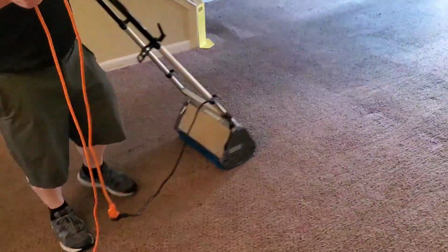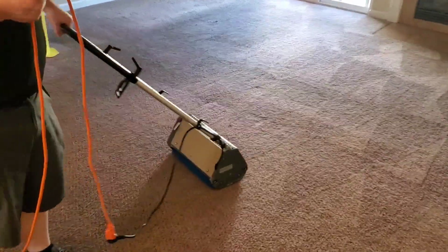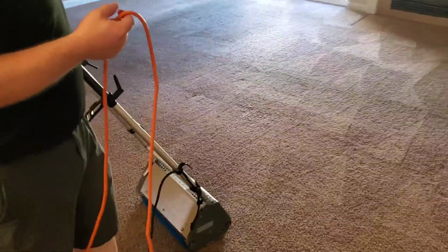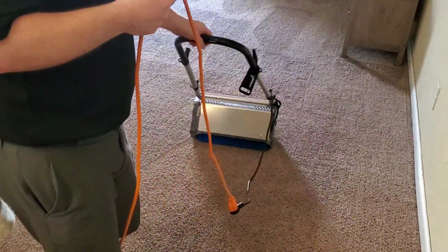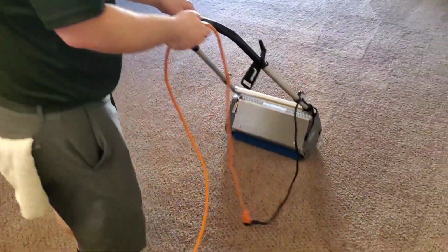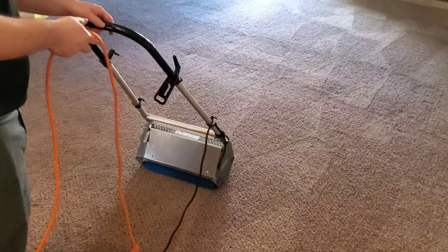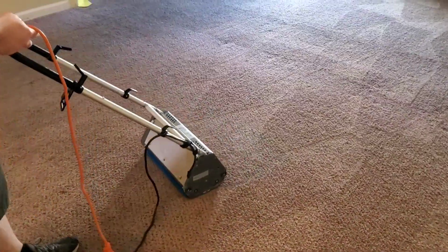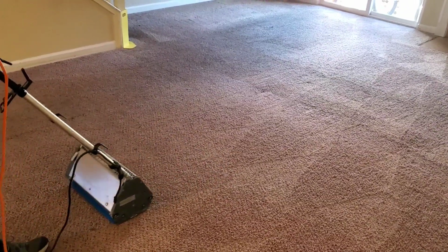Because if I was just to come in with the regular pre-spray, just a light mix on this, I probably wouldn't get as good results as I would by doing what I did today, by listening to what she was mentioning with the 7+ years since the last professional cleaning. And then I sprayed the traffic areas a little heavier,